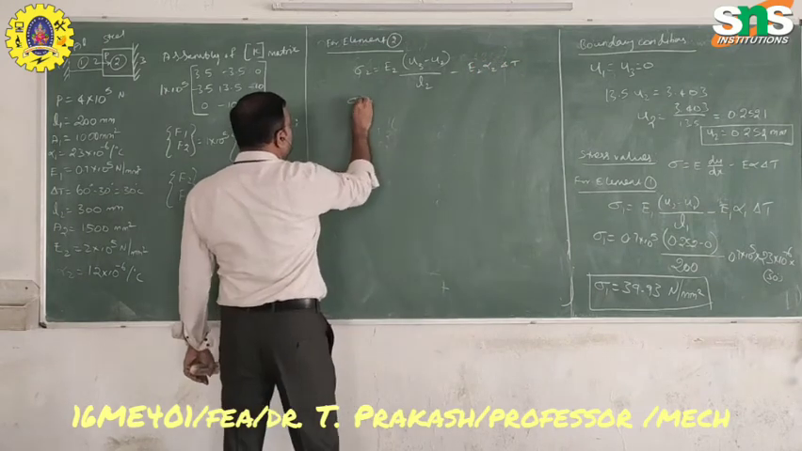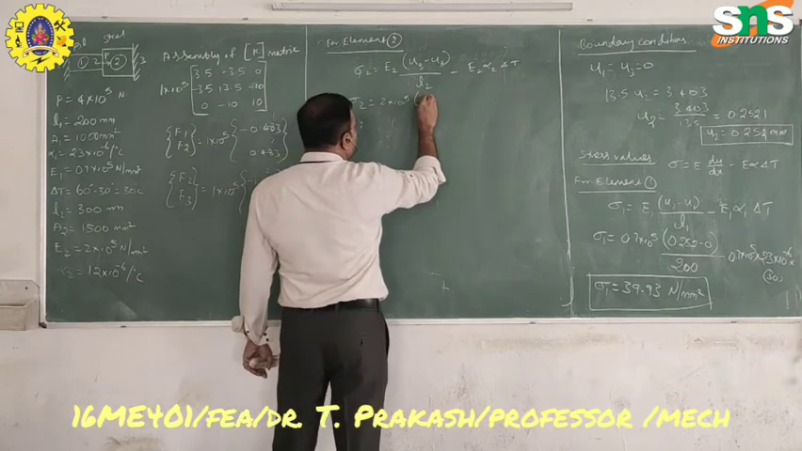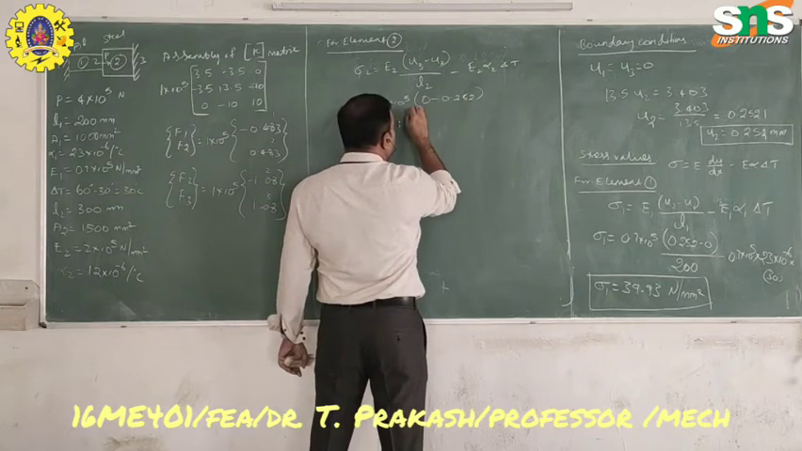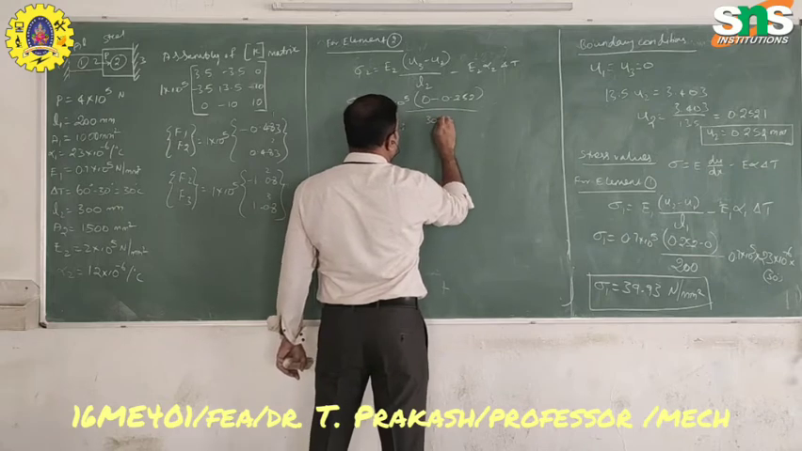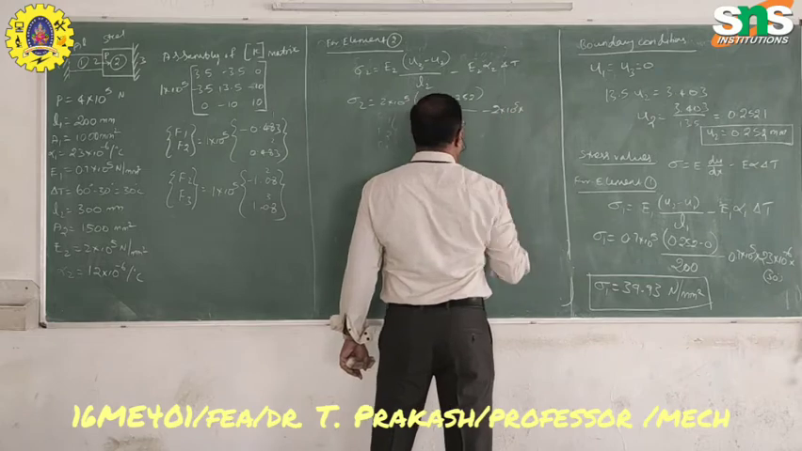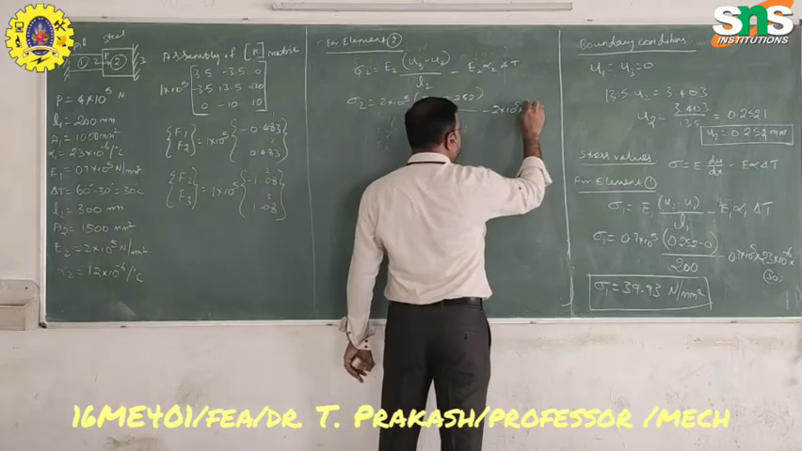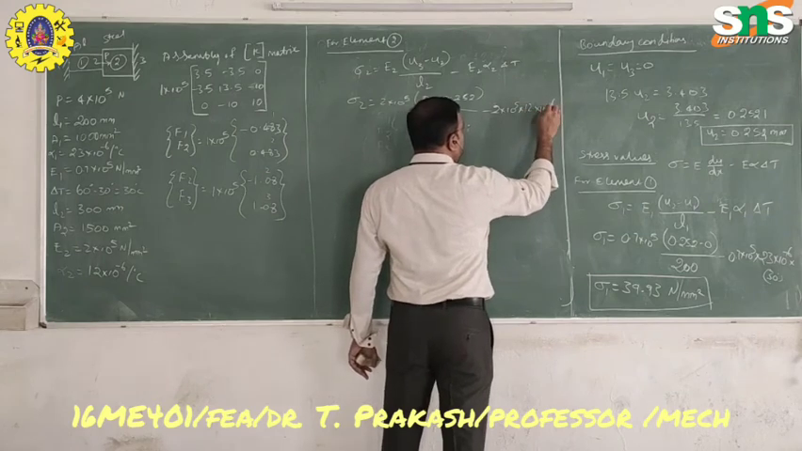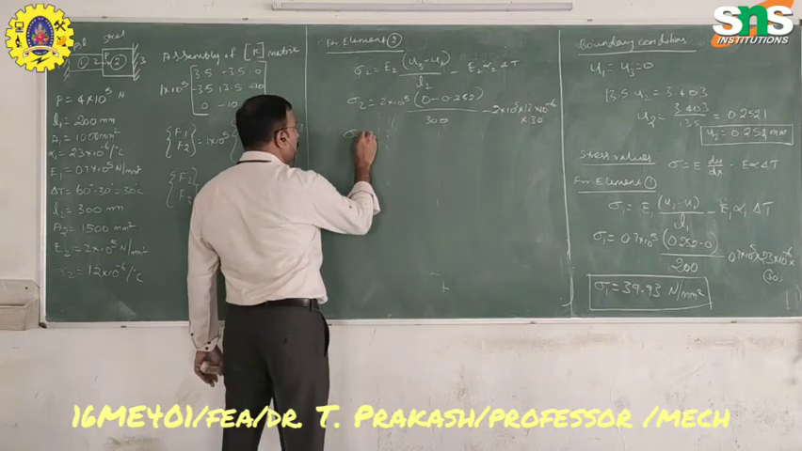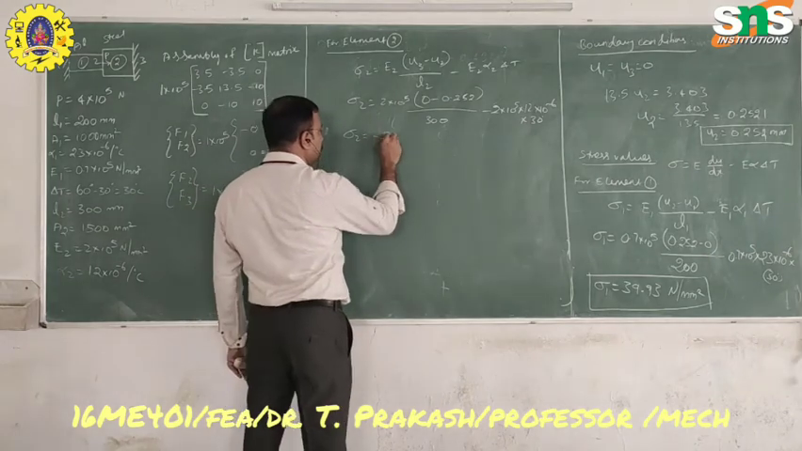Now substitute all the values here. E2 is 2 into 10 power 5. U3 value is 0, minus 0.252, divided by length, which is 300, into 2 into 10 power 5. Alpha 2 is 12 into 10 power minus 6, into change in temperature, which is 30 degrees Celsius. Now you solve this, you get the value of sigma 2 as minus 240.066